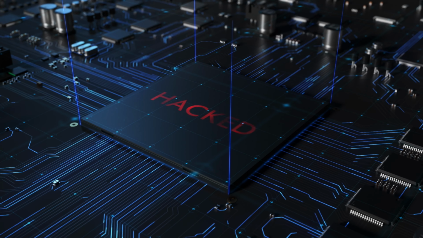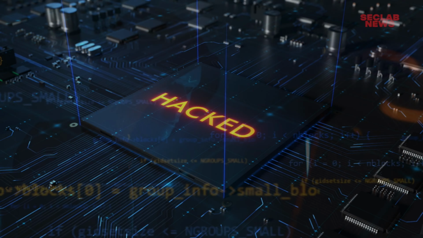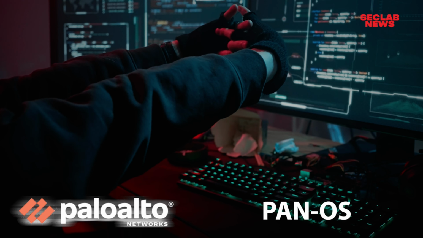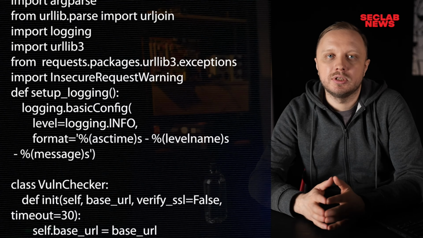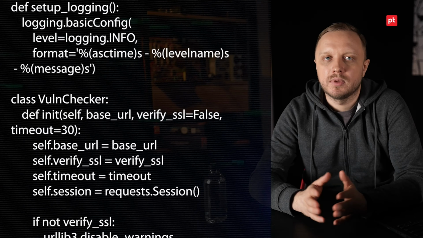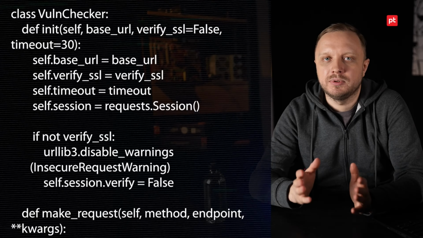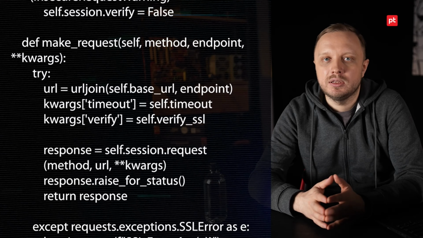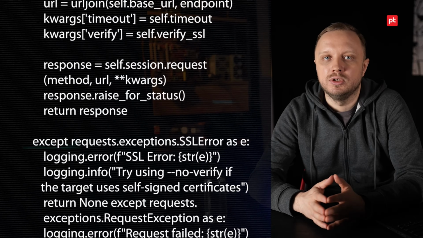Elevation of privilege in PAN-OS. An attacker with PAN-OS administrator access to the management web interface can perform actions on the Palo Alto device with root privileges. Linux commands can be injected via unvalidated input in the create_remote_app_web_session.php script. The need for authentication and admin access could limit this vulnerability's impact.